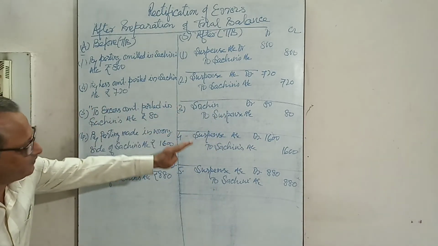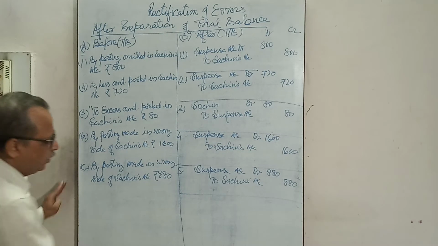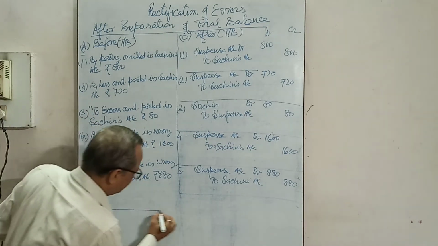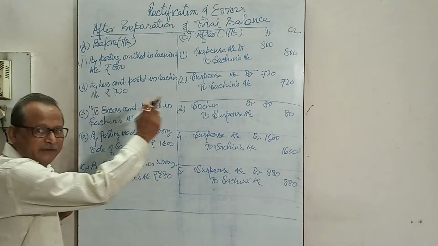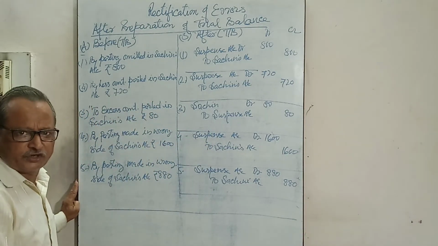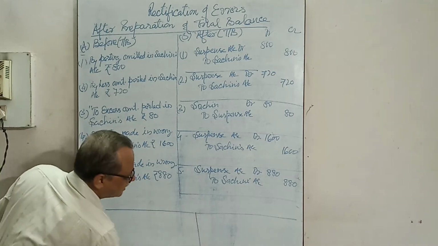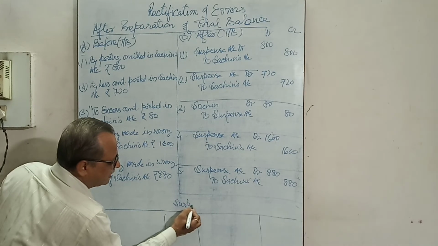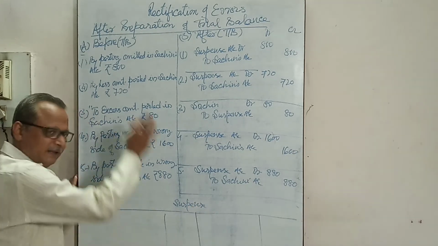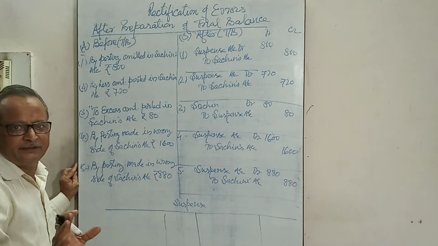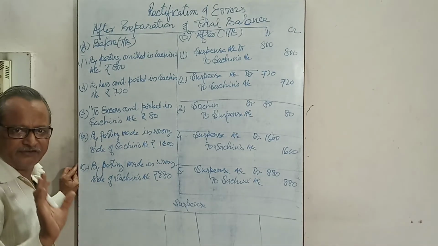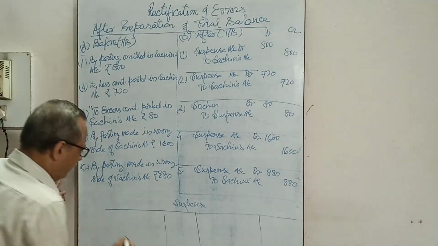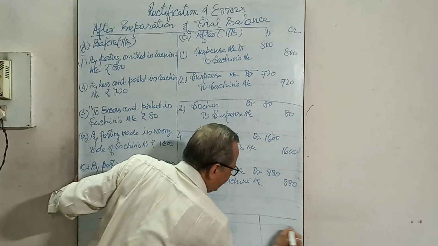Now on the basis of these entries, we can prepare the suspense account even. See the suspense account, preparation of suspense account, and we can find what was the balance. It is not given in the question, but you can find it. Suspense account in the ledger format, no balance has been given. It means the trial balance was different. Both sides had a difference. It is not clear which side. So to find that balance, we have to find the opening balance of it.